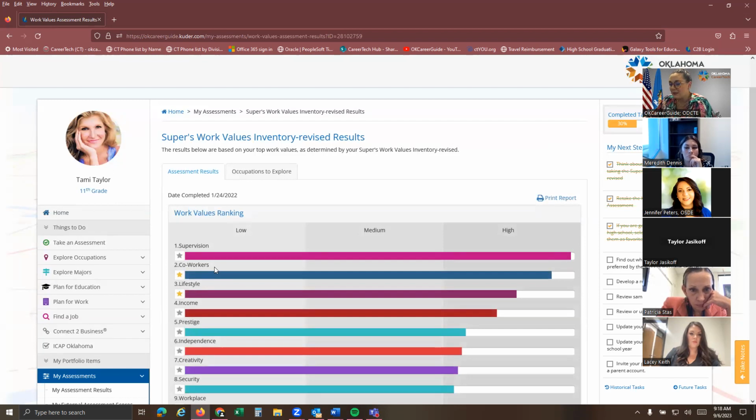This is going to be really especially valuable for your older students or your adult students, like your juniors, seniors, and adults. I think it's valuable for freshmen and sophomores too, just to kind of get an idea of where they are. But I really love this for your older students, because they're going to start looking at, do I want to go to a tech center? Do I want to go to a college? What do I think I want to do? Maybe I think I want to be a dental hygienist, but maybe my work values don't represent that. And now I'm going to have to switch gears because I shadowed and I don't like it as much as I thought because it doesn't align with what's important to me. And that could look different for each student, right?